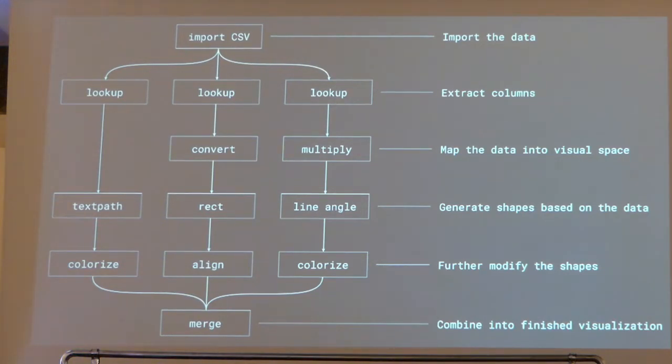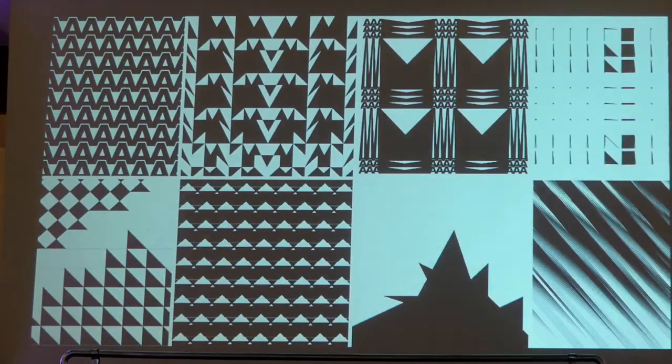You can also draw your own if you want. And then we can modify them, we can tweak them, we can refine them a little bit, and then we combine everything with this merge node, we combine everything into one thing. So the entire software basically uses this completely consistent system that's really easy to learn. Even if you don't really understand the process, you can still take an existing notebook script and start tweaking the parameters. So don't change the architecture of the thing at all, just start tweaking the parameters. So all of these visualizations or generative designs are all based on the same parameters, right? I didn't change any units.